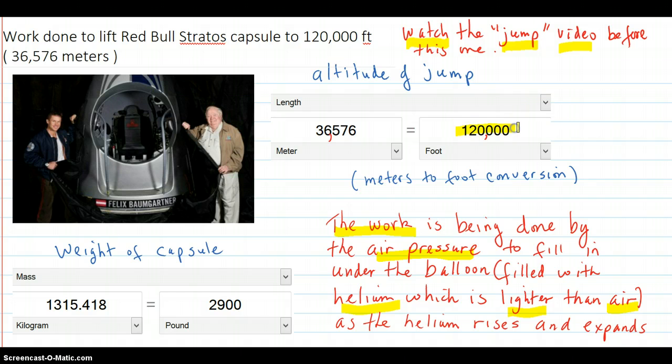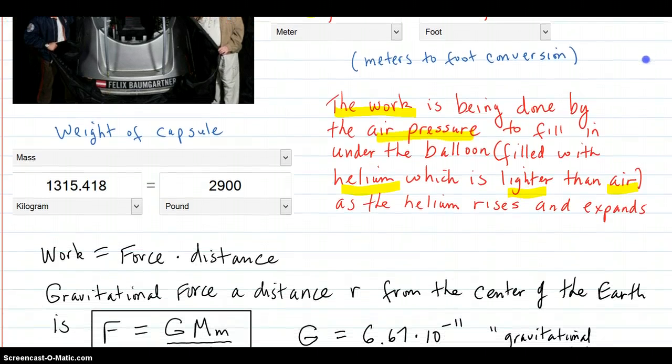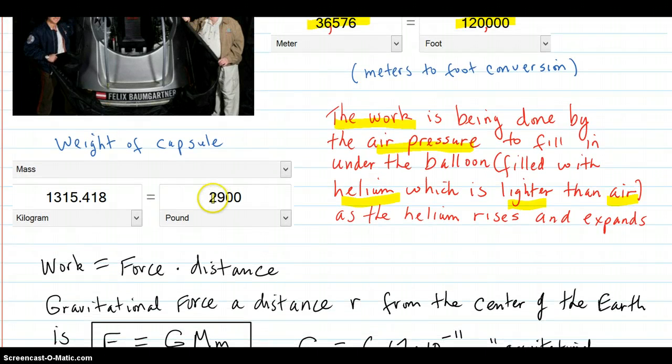was 120,000 feet, which I converted to meters using a conversion I found on the internet after Googling it, and that's how many meters it is. And the weight of the capsule, they told us on the website, was 2,900 pounds, so that's this many kilograms. The work is being done by the air pressure